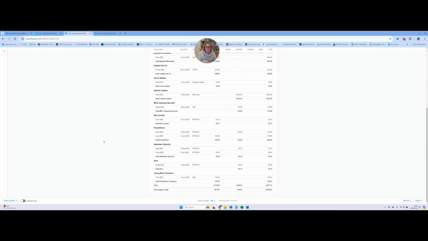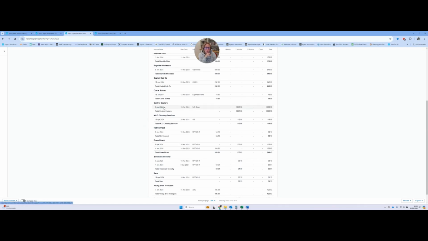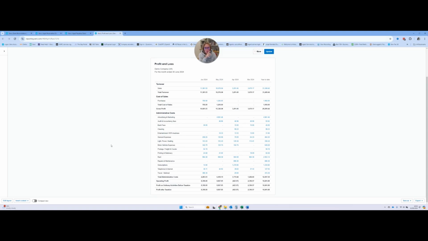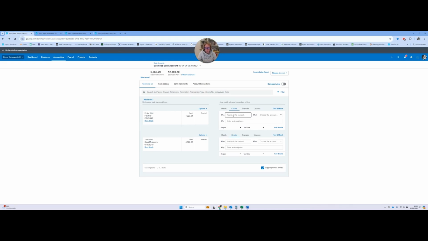So just for an example as to why it's important to do your reconciliations on a monthly or weekly basis. If, for example, we take this Central Copiers as that's maybe an invoice that's been posted twice, and these amounts need reconciling. If we look at the profit and loss account for the month now, it's showing us 8,398. So a business owner might look and say, gosh, I've had 2 really good months, I might want to pay myself a dividend. Now, if I then reconcile these amounts, so I'm just going to